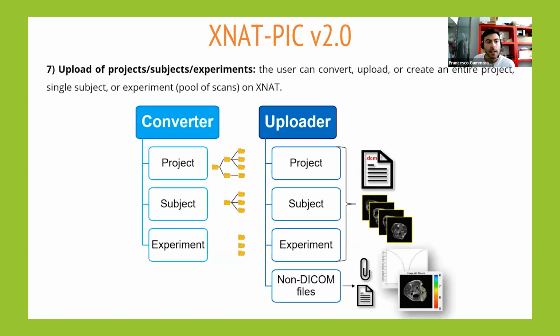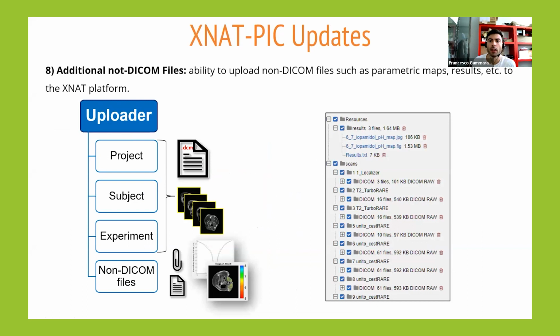And then the user has the possibility to upload the entire project, subject, and experiment to XNAT and also non-DICOM files. For example, you can have a folder that contains parametric maps, TXT files for your results, and you can upload it to XNAT. The picture here on the right shows you this folder with the parametric map and the results